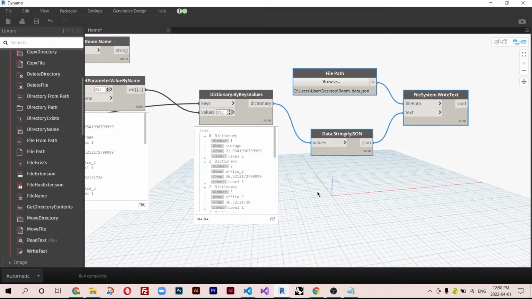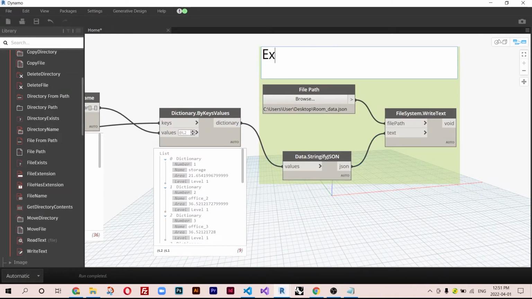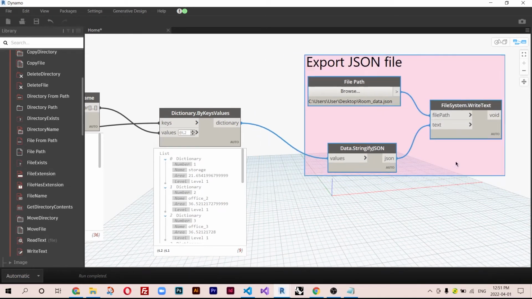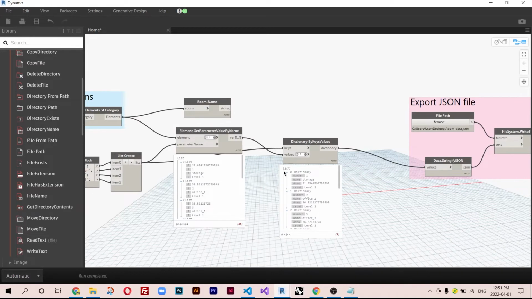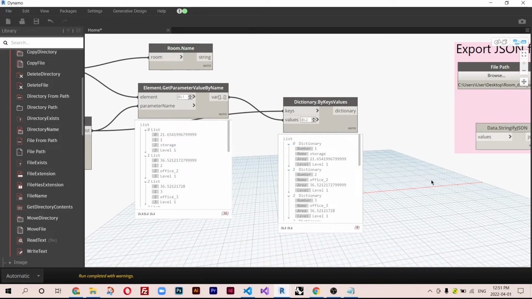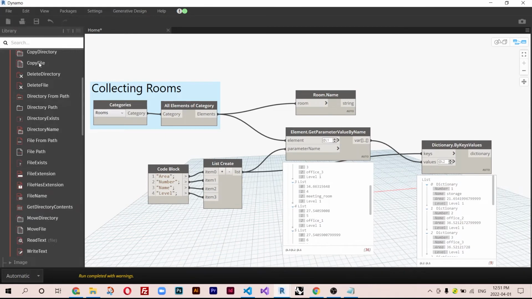So I'm just going to group these all together and type in here export JSON file and change the color like this. Okay, but let me unplug it. So what I'm going to do now is, sometimes we need to add things that are not in this get parameter value, such as the ID, for example. So I'm going ahead and go to